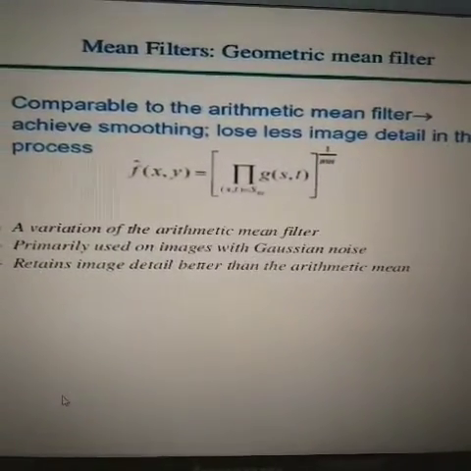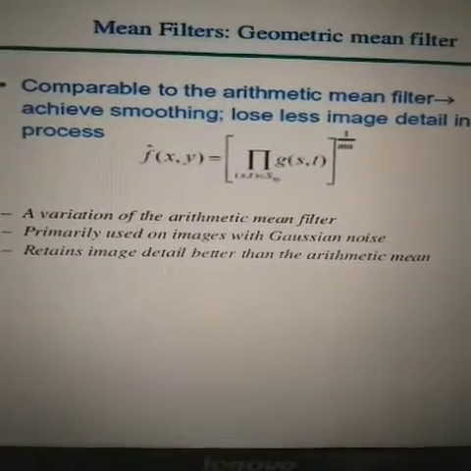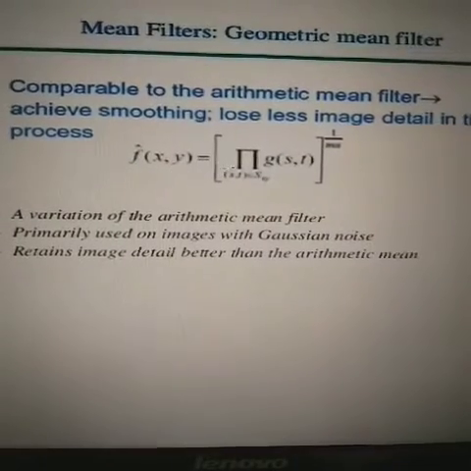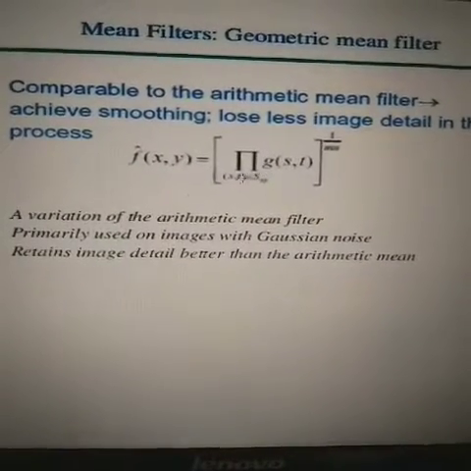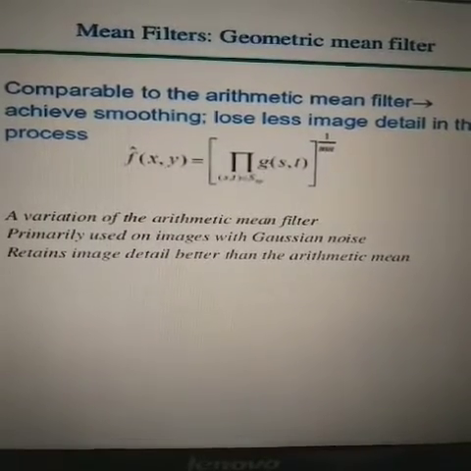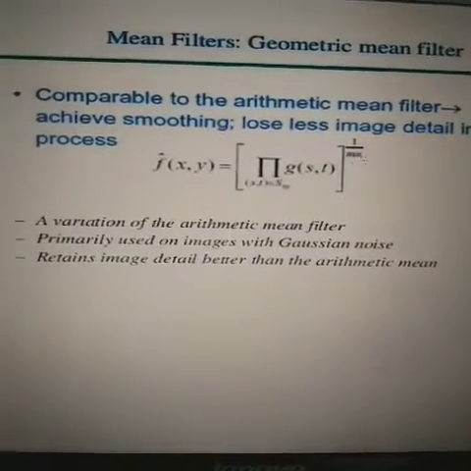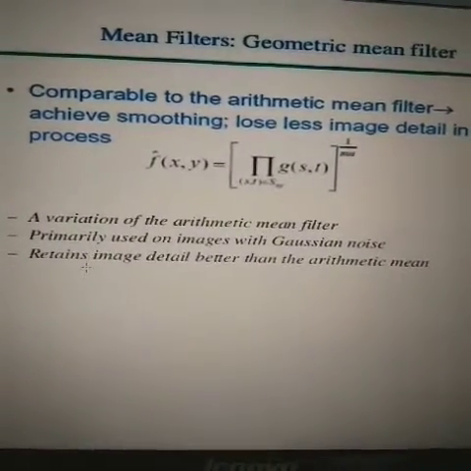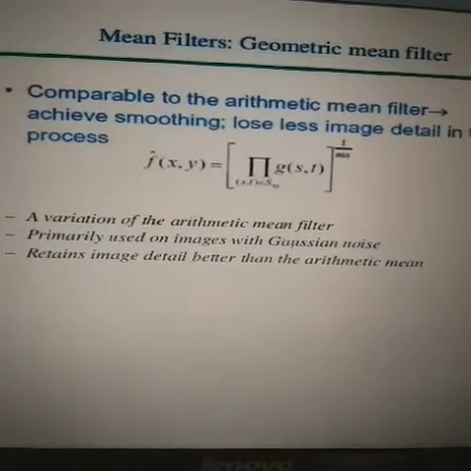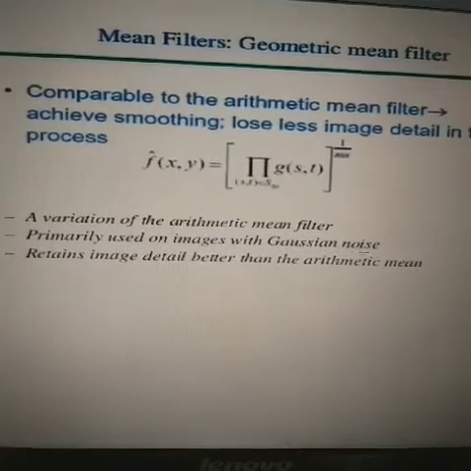In this we use the equation f cap(x,y) is equal to the product over (s,t) which belongs to S x,y of g(s,t), whole power 1 divided by mn. We can say that the geometric mean filter is a variation of the arithmetic mean filter. It is primarily used on images with Gaussian noise.